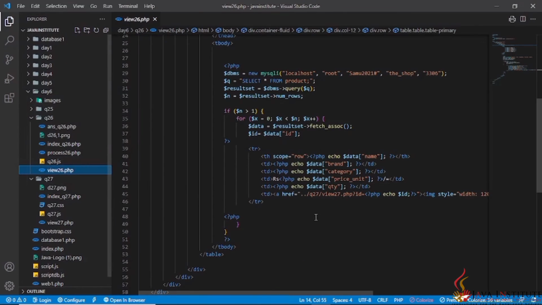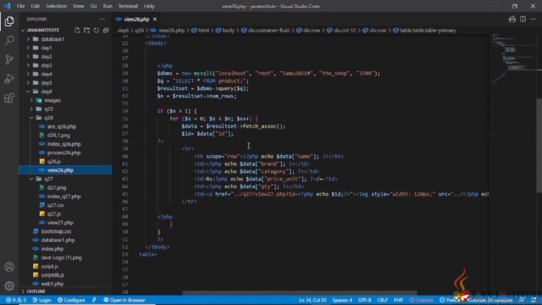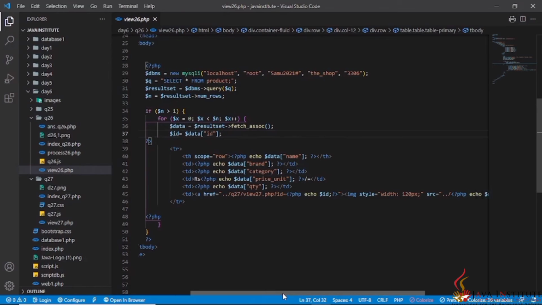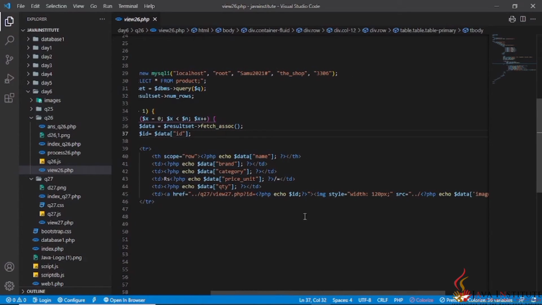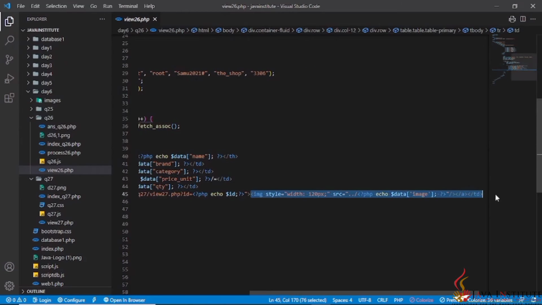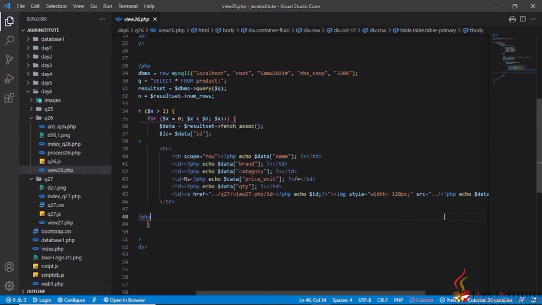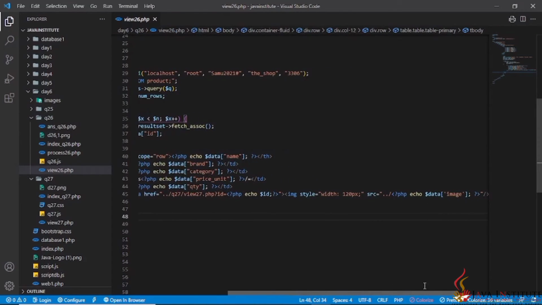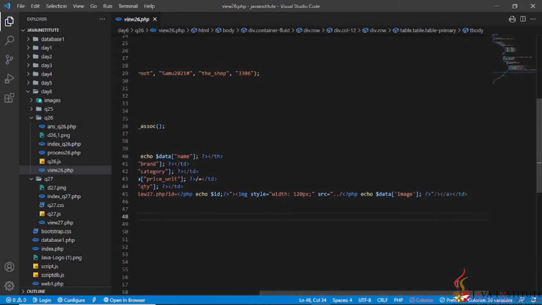Then this is view26, and as you can see, I have modified the query, and I have gained the ID of the product into the variable $id. I have put the image within an anchor tag; this is the image tag, and I have passed the source for the image as the path of the image that I have stored in the database table.